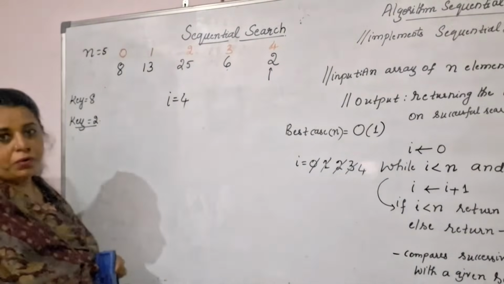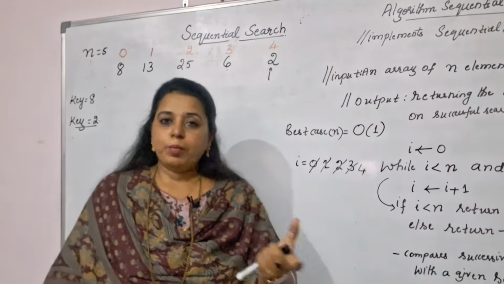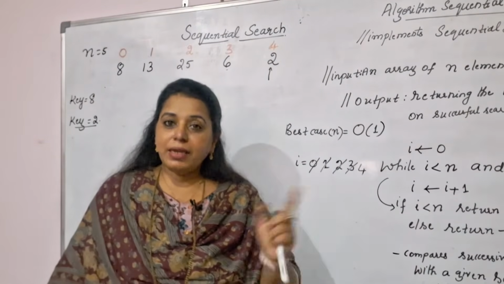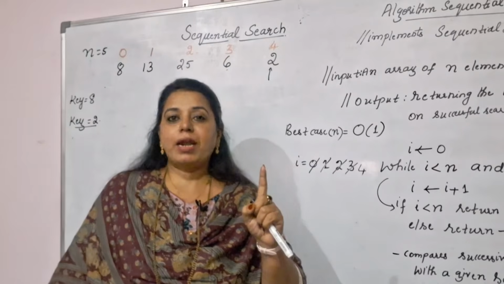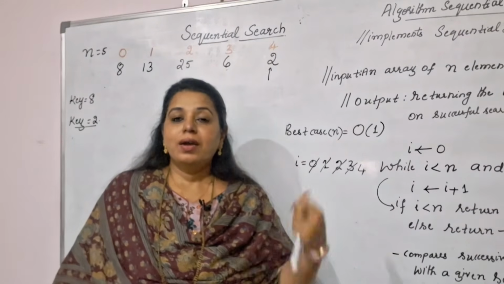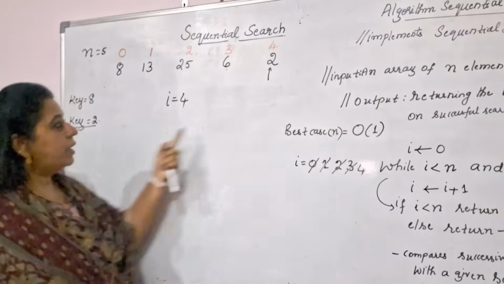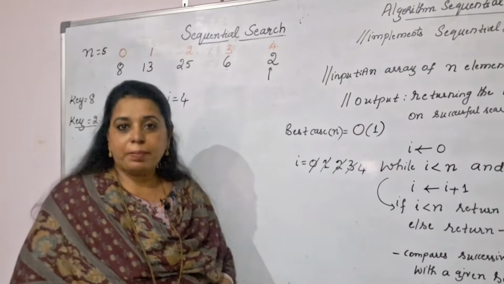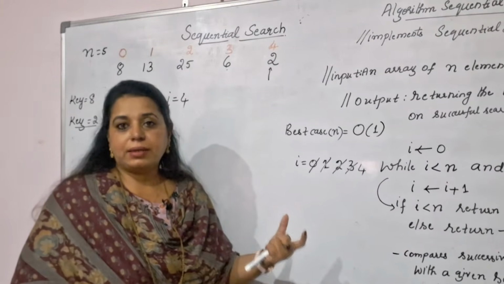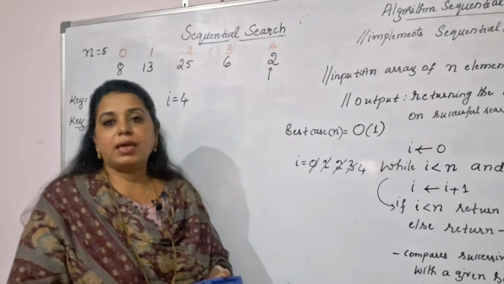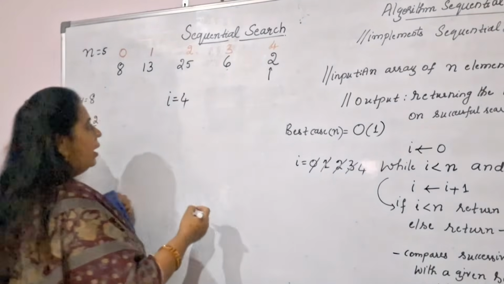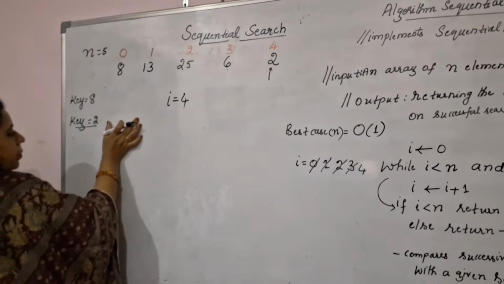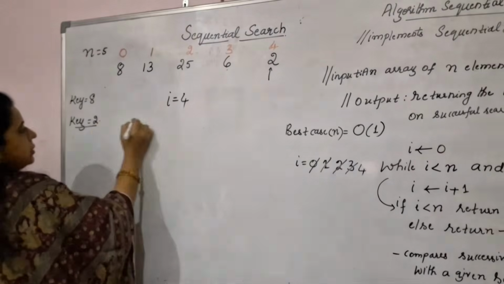I have assumed key value equal to 2. So in the second case, what has happened is the number of times the innermost statement got executed is maximum here. If there are n elements, n comparisons have happened. In the best case, only one comparison has happened, whereas in this case, when we took the key element which is present in the last location in the array list, n number of times the comparison has happened. 5 times the comparison has happened, n equal to 5. So in general we can say that if there are n elements, n comparisons are there, and since the algorithm has taken more time here to complete, that is the maximum time the basic operation has got executed, and it got executed n times.